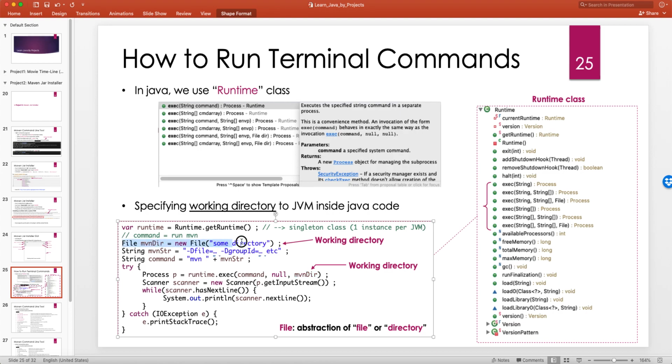Java's abstraction of the file system is a File. A File is an abstraction of any file or directory. So the working directory is new File, some directory. And then this command gets executed inside this working directory. The return type is a Process, which is an abstraction of the actual process run by the operating system, which means now you can inquire that process: whether it's completed, what's the output of the process, if the result of this execution prints something to the terminal. If we want to print the output of the execution, we get a handle to this process